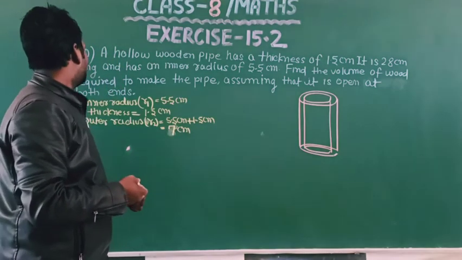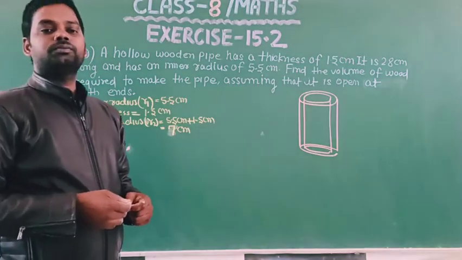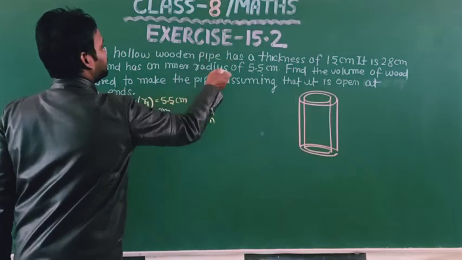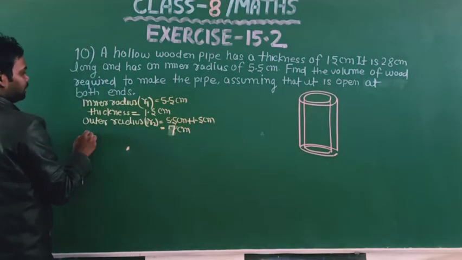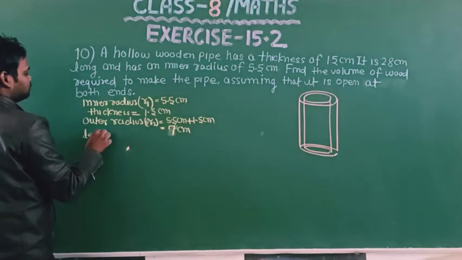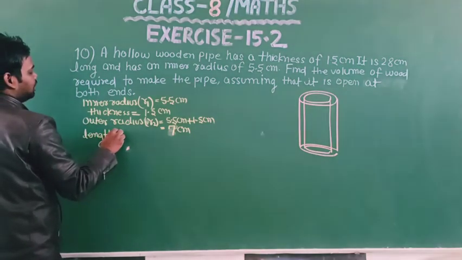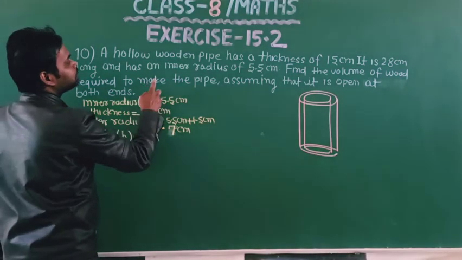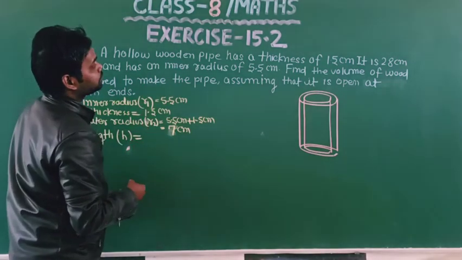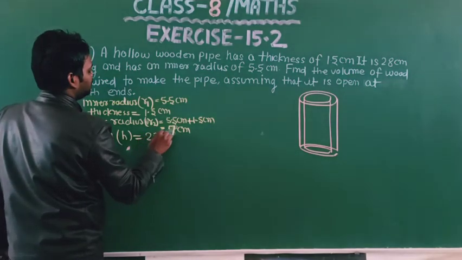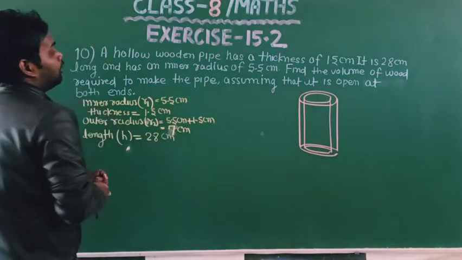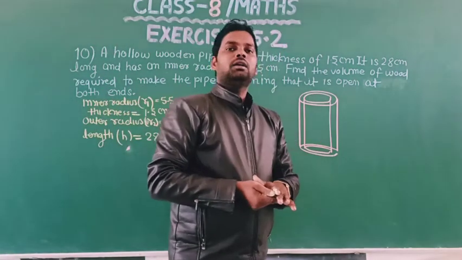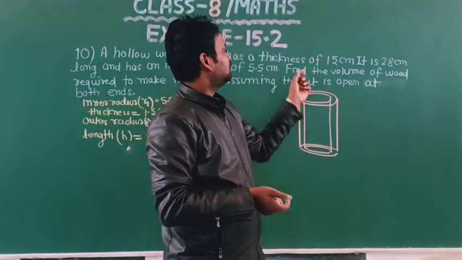Outer radius of the pipe equal to 7 centimeter, and the length of the pipe is given, h equal to 28 centimeter. So these are the dimensions we are given, and finally we have to find